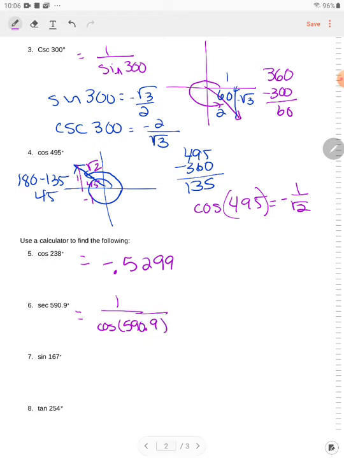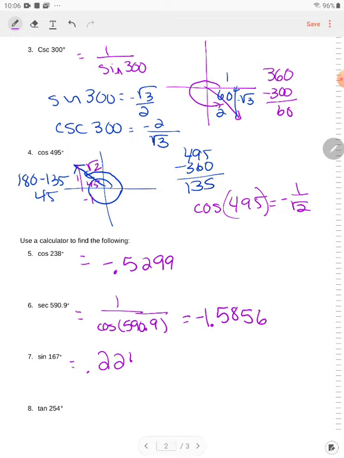Notice with the calculator, we don't have to worry about reference angles or finding coterminal angles. And we get negative 1.5856. Sine of 167, that's in quadrant 2, sine is positive,